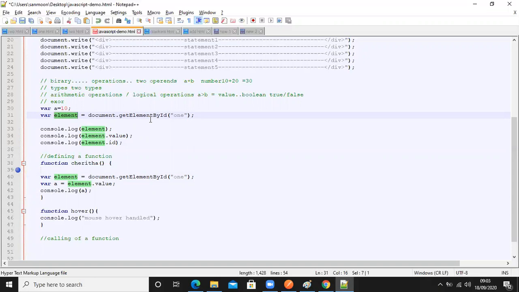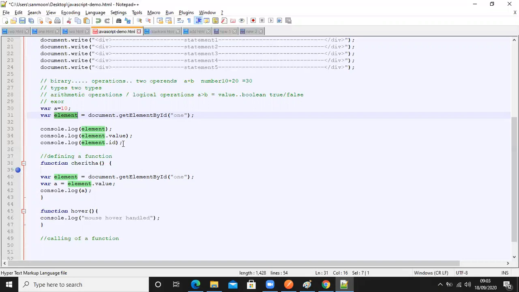In that object, what all things can be there? You will have the properties of that object and the behaviors of that object. Both will be available there. Everything will be available for you now. Value and ID are just properties. Value is a property of that object. ID is a property. Property means it's just a variable, and since it's a variable, you can read it or else you can write back to it. Are you getting it or not here?